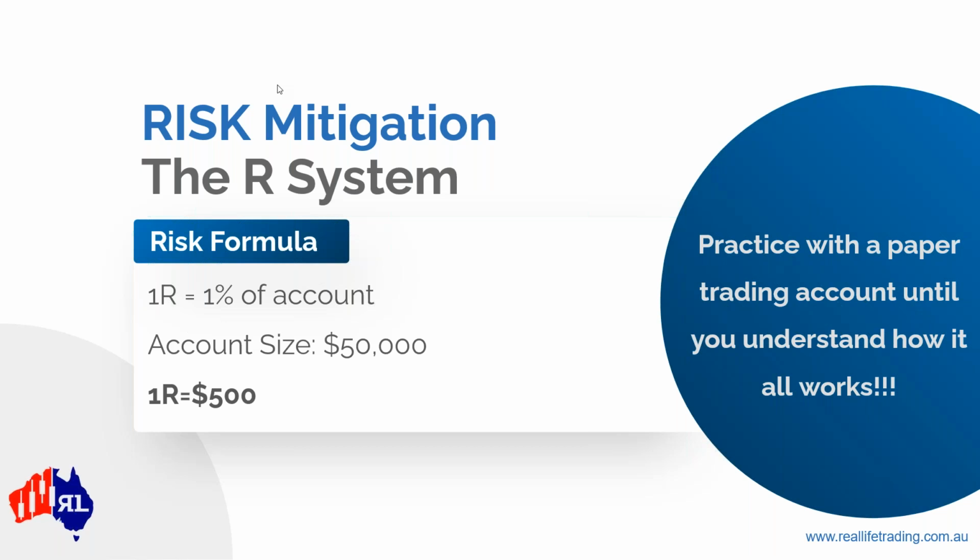1R is 1% of your account. So if you have an account size of $50,000, 1R would be $500. You would only risk $500 on your account, right? If you have $5,000 in your account, you're only looking to risk $50. Now, this is the great thing about options. You don't need a lot of capital. You can set these trades up so that you aren't risking a lot of money. Practice this with paper money first until you understand how the R system works,